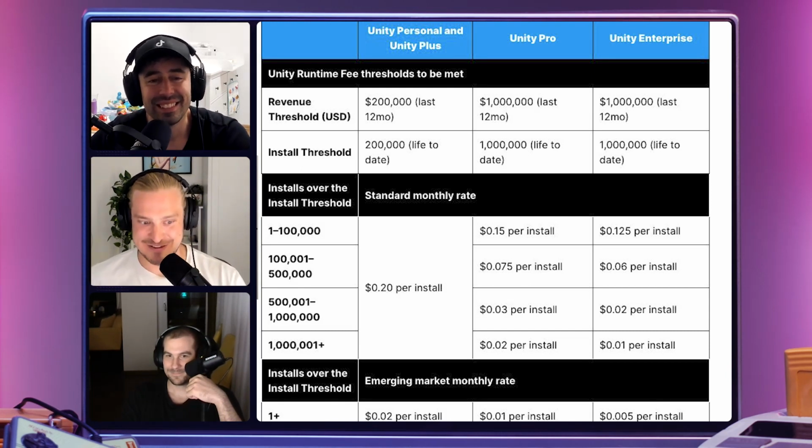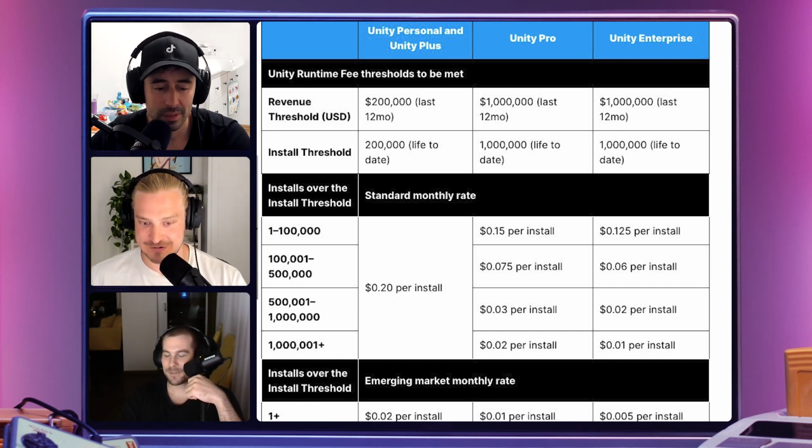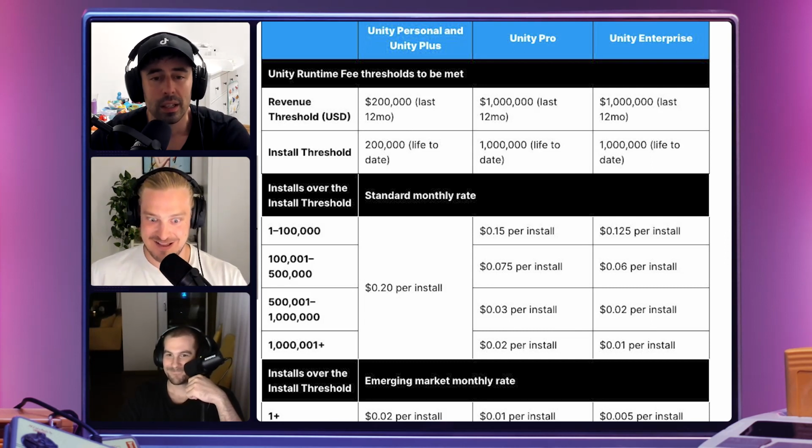Essentially, that's an 80,000% increase in pricing. Thank you very much. 80 times. Sorry, 80,000% increase, in 3 months that they know it's coming. Wow. That's if they keep the same install activity.